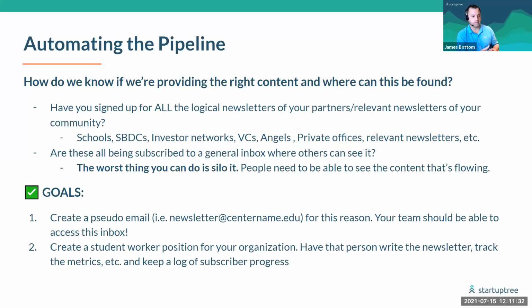And this makes a lot of sense because the worst thing you can do is silo the information that's coming through. You want everyone to be able to look through content that's coming through in a consistent format, and then quickly scan what's coming through those newsletters to be able to put in. And a lot of times, your goal is to become the influencer, to become the most knowledgeable program center in your particular area that's providing this information. And we can do it in a couple of different ways.